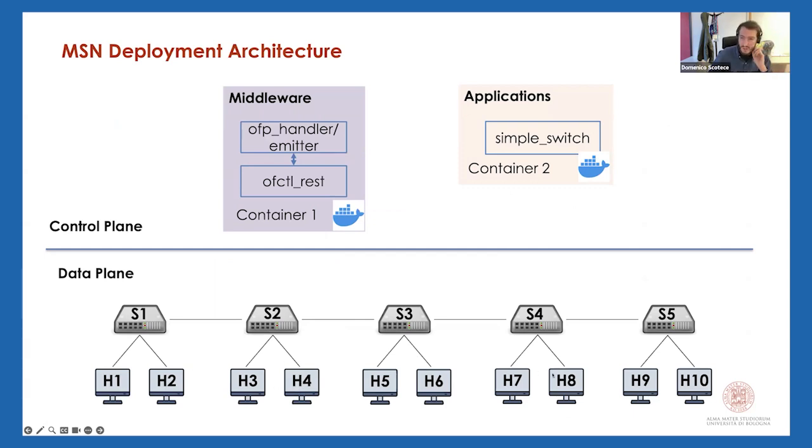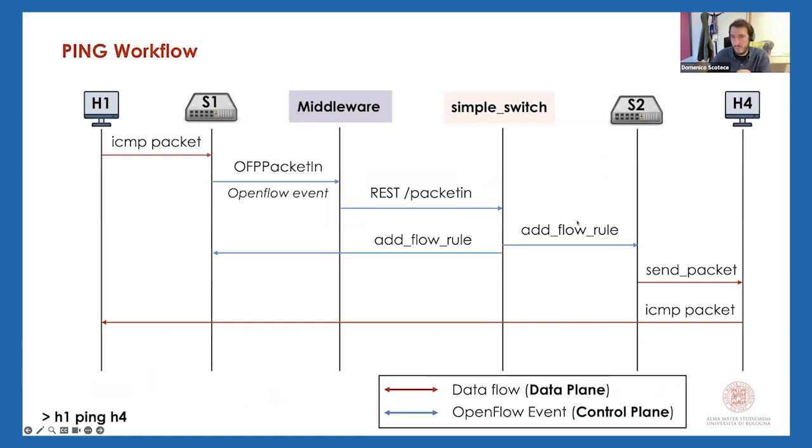For instance, if H1 wants to communicate with H10, the rule contains the whole path: S1, S2, S3, and then S4. This one is very simple. The rule contains only S2 and S1, and then the packet is forwarded to host 4, and then comes back to H1. And then the next time that H1 wants to communicate with H4, the rule exists and is still live,